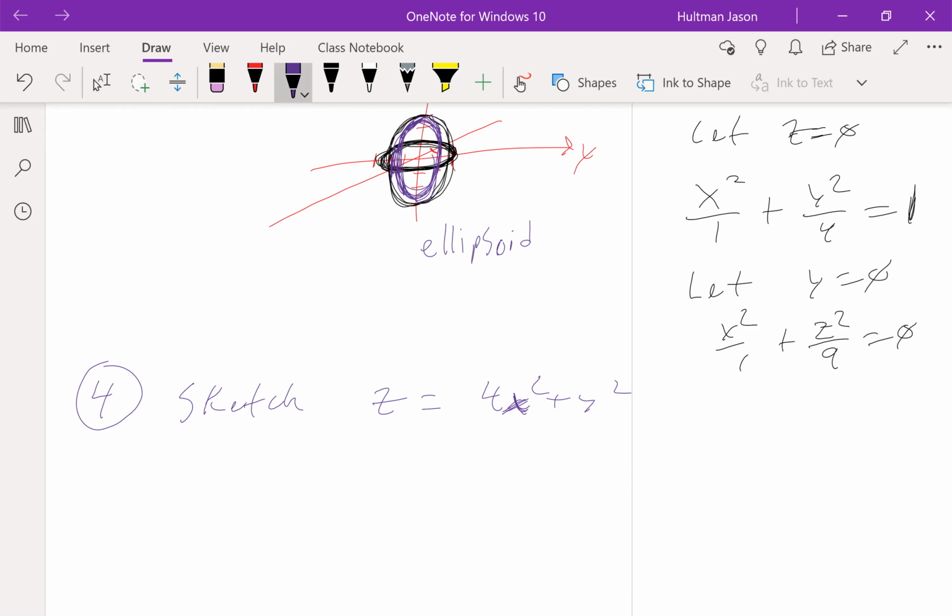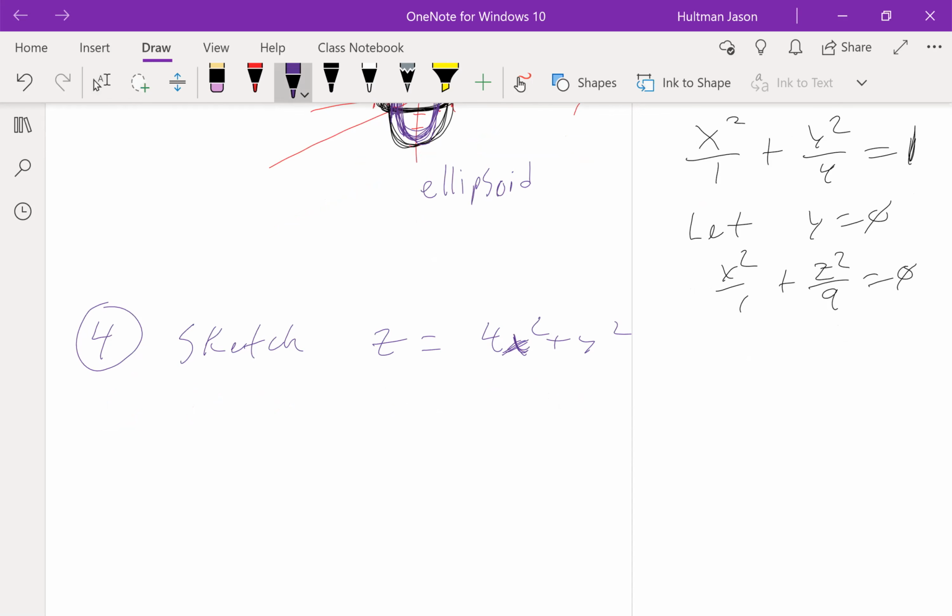Okay, what about this guy? What's this guy going to look like? Okay, well, let's let z equal 0. So we get 0 is equal to 4x squared plus y squared. That's kind of interesting. Okay, let z equal 0. We got 4x squared plus